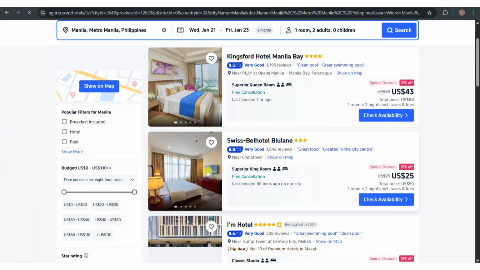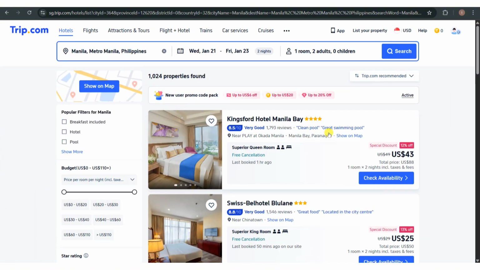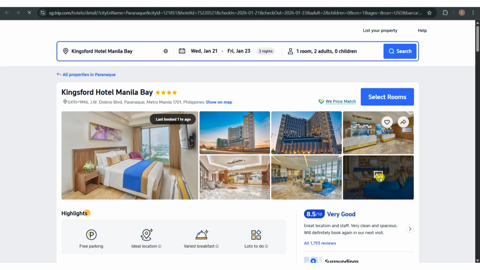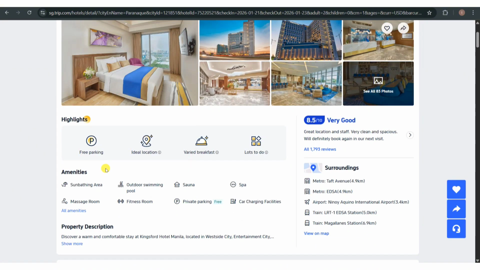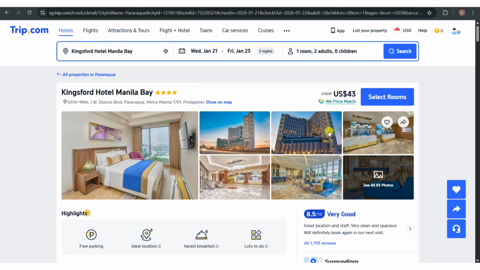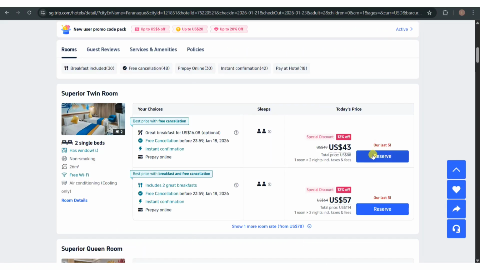So for example, for this Kingsford Hotel Manila Bay, you want to check the availability. Simply click on the check availability button. And then once you have made up your mind and you want to select a room from here, since this hotel has all of the amenities that you're looking for, simply click on the select rooms button and then click